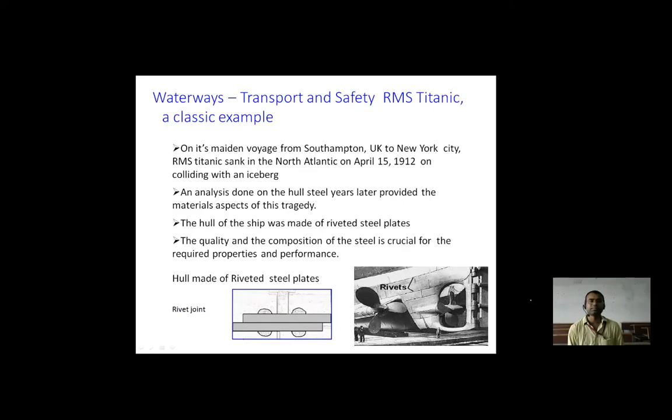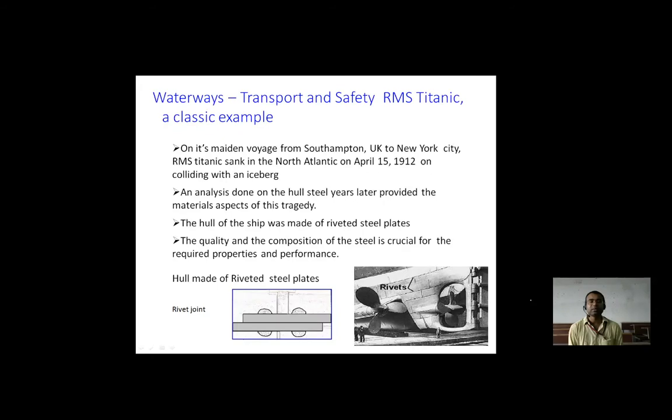The problem was the material impact strength, the ductile to brittle nature. We will discuss in a later class the effect of that particular fracture, ductile to brittle. That was the problem when the material was traveling into that cold water. The tendency of the material changed, that is, it changed from ductile to brittle due to the low working temperature. That is what the engineers later found was the problem by which the Titanic sank.